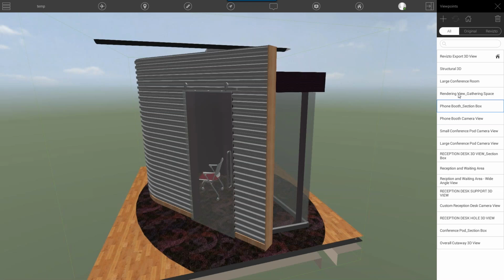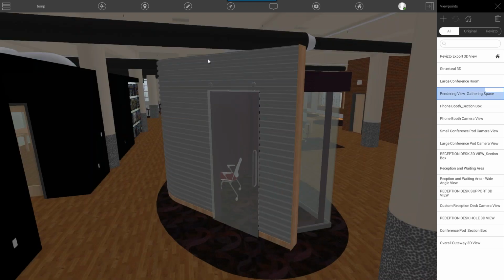But what's interesting about collision, and I really like actually, is that a lot of things aren't factored into collision, like the furniture. I just walked through the tables and chairs. It gets a little bit clumsy if you have to walk around every little feature in the model. So floors, walls, railings, and stairs are all part of collision detection. But you can walk through doors, curtain wall, glass, basically.